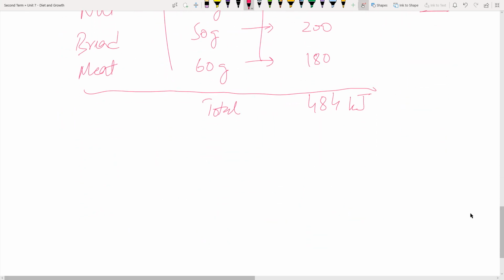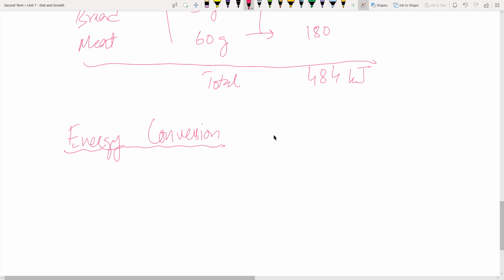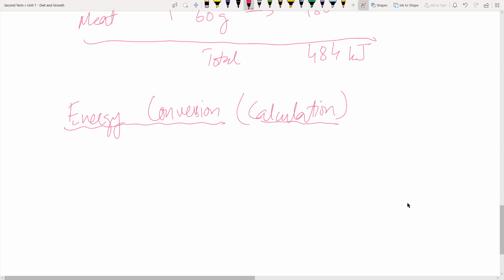So for energy conversion, now, unfortunately, this energy conversion is no more in your syllabus, but we have seen in the assessment that some of the questions require energy calculations. So I'm just going to go through this, although this is not part of your syllabus, in case such a question comes out of the course, we should be able to handle that. It's a very simple calculation. We call it a factorized calculation,